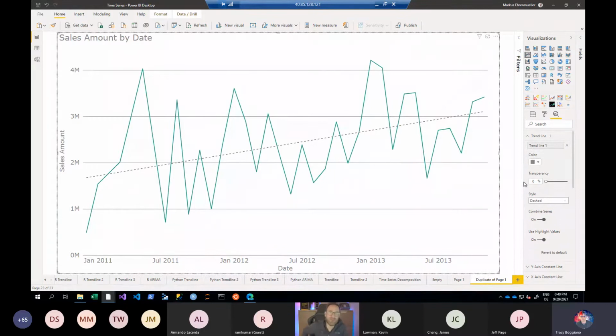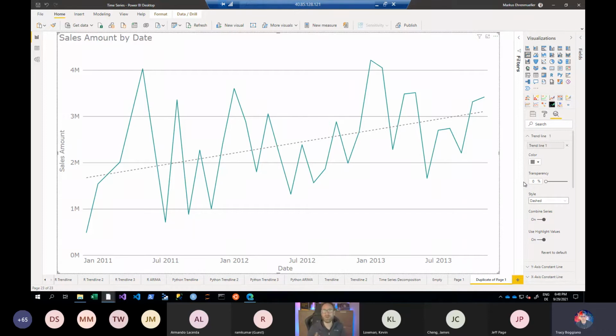Maybe you can remember there are different mathematical formulas where you can find out the parameters for the simple regression line. And this is what is applied here. If you just need a straight line, very good, you're done with that. If you need more flexibility, and this leads me now to the next chapter in this talk,